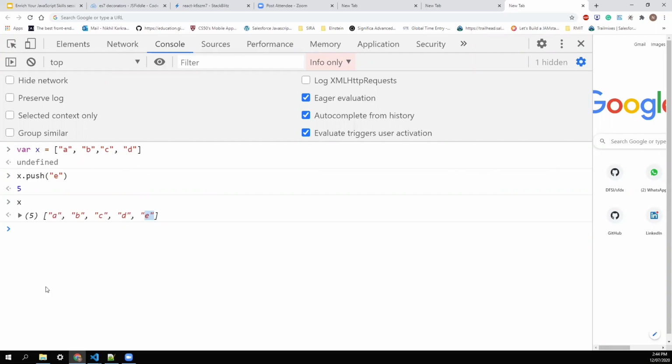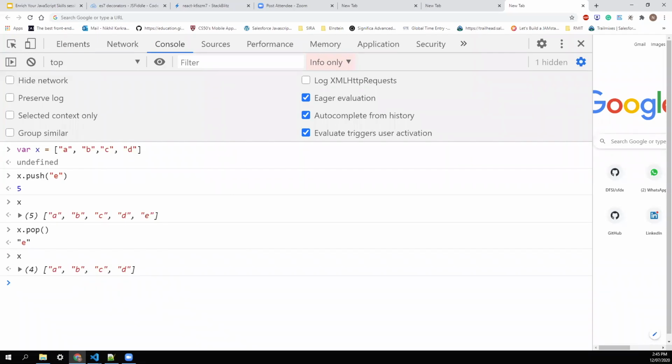Similarly, if I use the pop operation on that array, it removes the element from the end. That means the E will go off and it shows the element that has been removed. And if I print the array again,